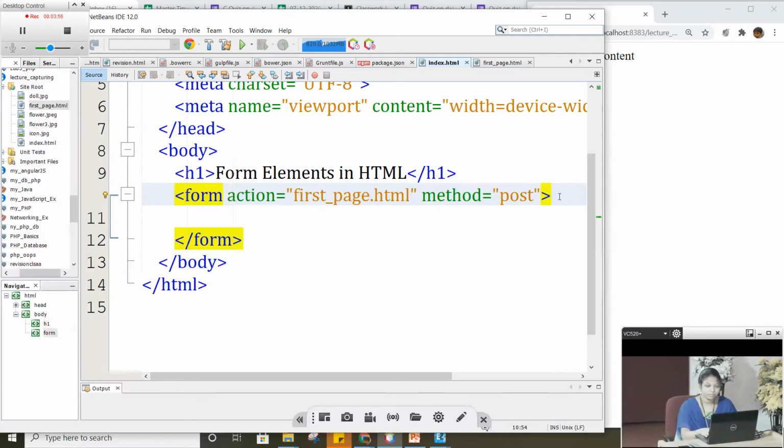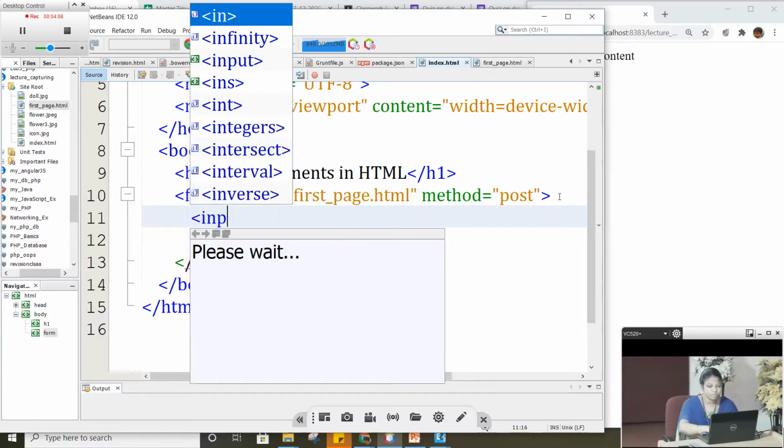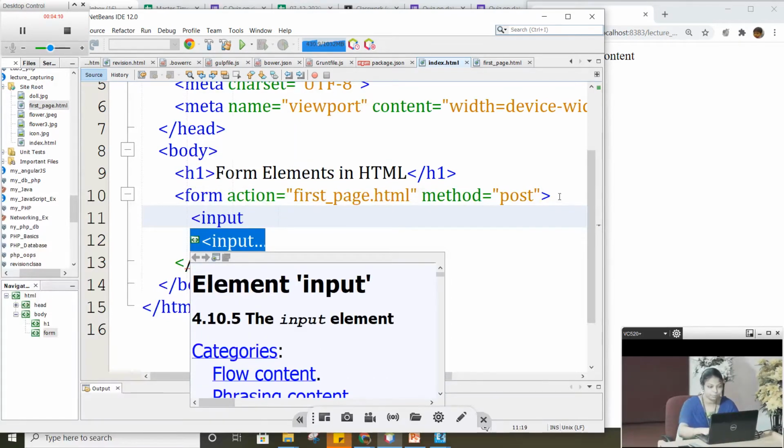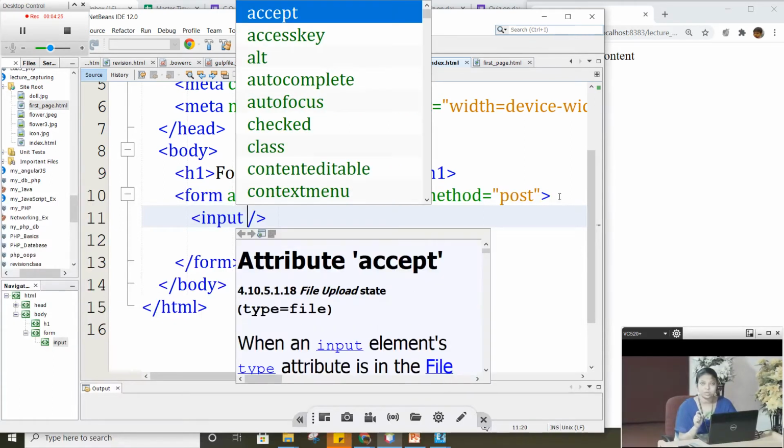The next thing we are going to concentrate on is all the other input types which help us get the input from the user. The usual one used to get input is the input tag, and this input tag is an empty tag. Hope you know that in HTML we have two kinds of tags: container tags and empty tags. The input tag is an empty tag which is not going to have any content. Instead it is going to have some important attributes.